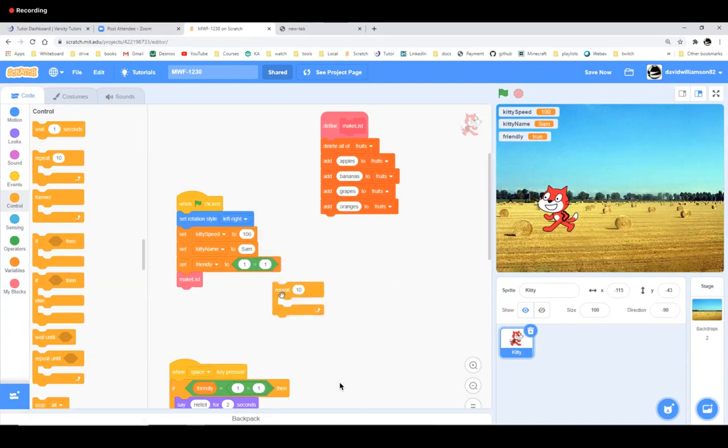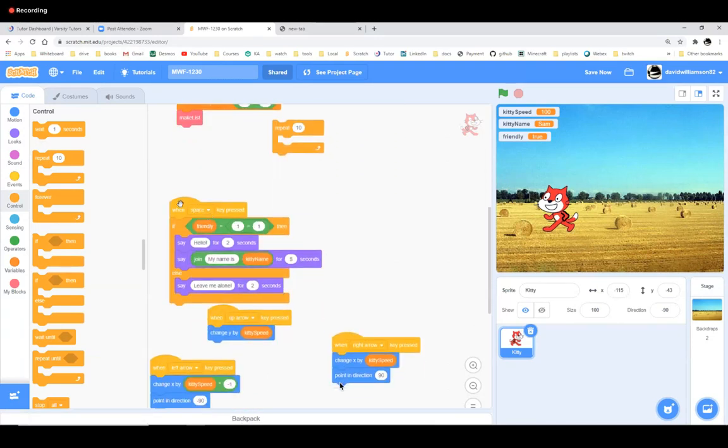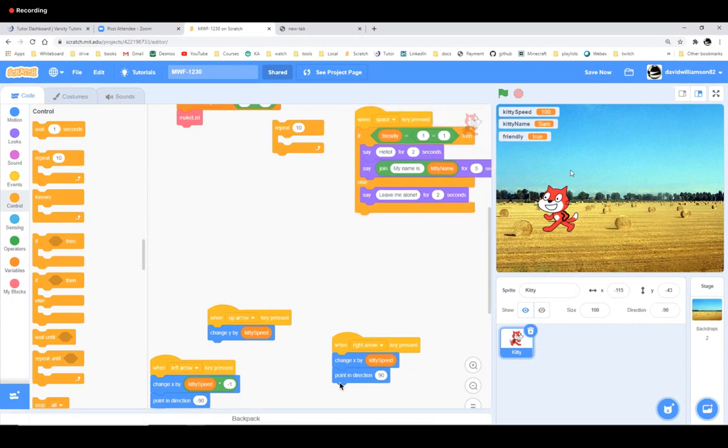And so, let's see. We had the space. We had the leave me alone. Okay, when I hit spacebar, what happens now is friendly is set to true. And so it asks if friendly is true, then say hello. Say my name is whatever kitty name was, which is Sam. Okay, the kitty's name is Sam. So I'm going to hit space and he says, hello, my name is Sam. Okay, that's the code that ran because the kitty was friendly. If the kitty was not friendly, it would say leave me alone. But we talked about that last time.